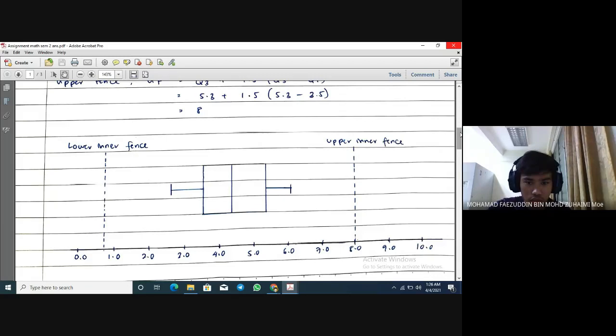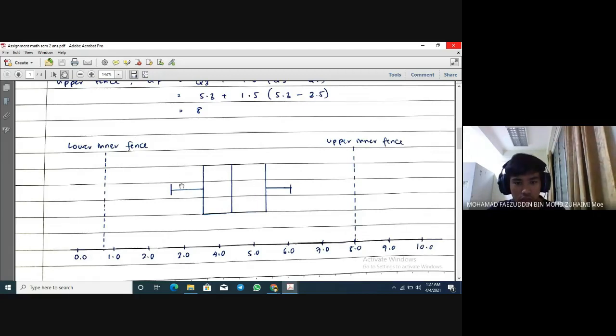And then we must draw three vertical lines as the quartile 1, 2, and 3. Quartile 1 is 3.4, and quartile 2 is 4.8, and quartile 3 is 5.3. Okay, and then we just continue the line, and we will get the box shape